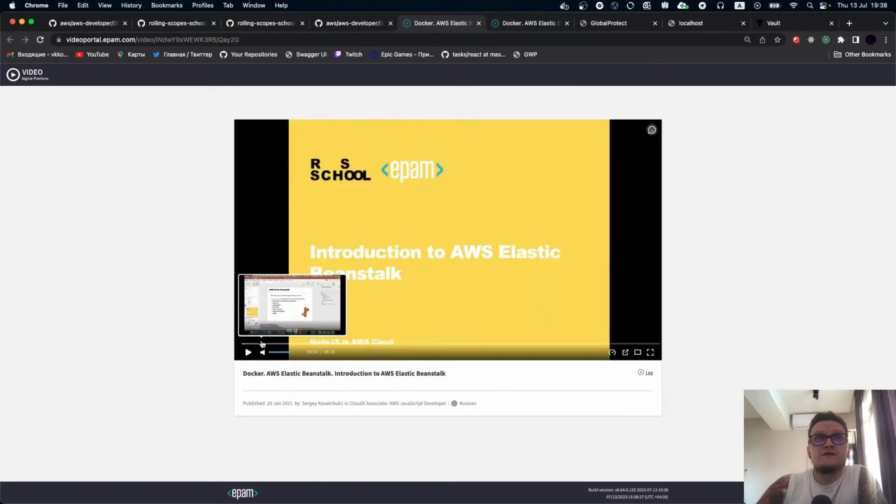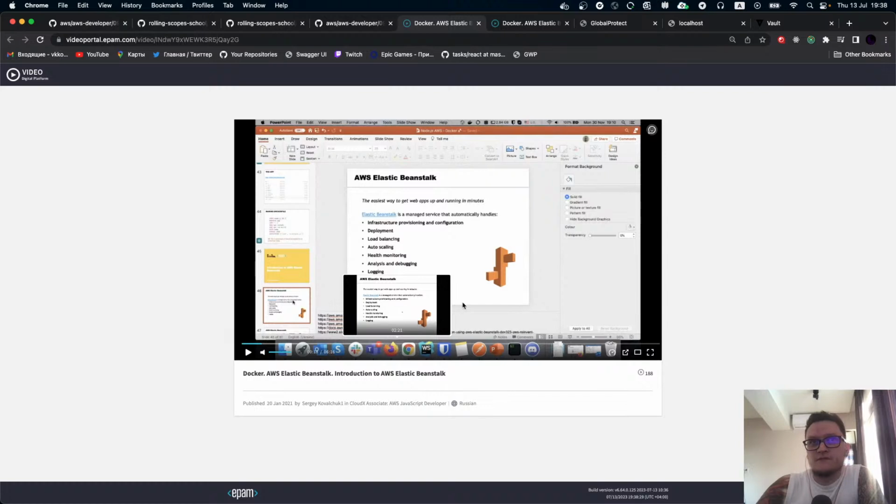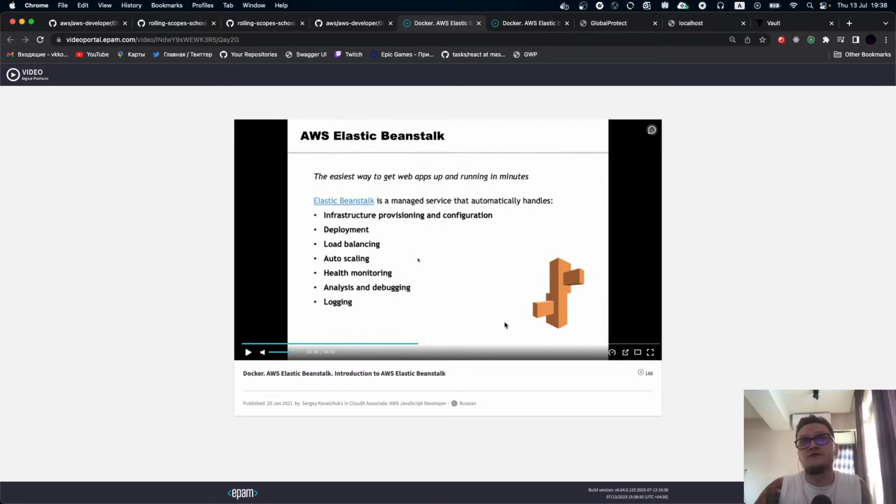Next step is Elastic Beanstalk. Elastic Beanstalk actually is a service, I think some of you already read about it. It's a service from AWS, which gives you an opportunity to create your service in cloud. You can create your solid servers.